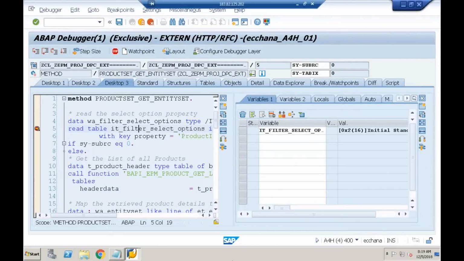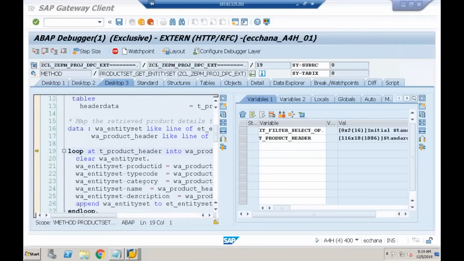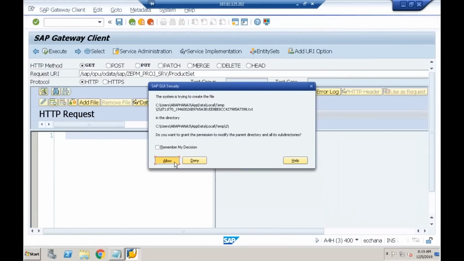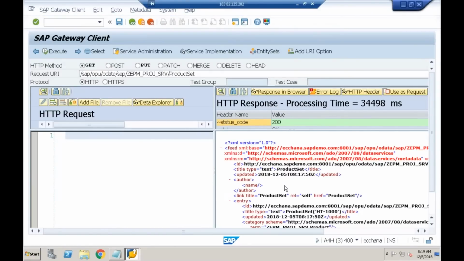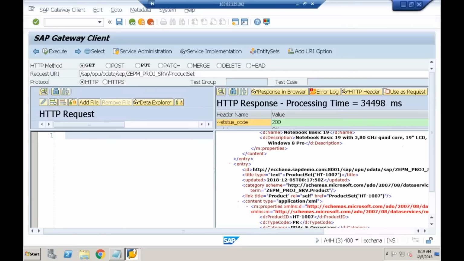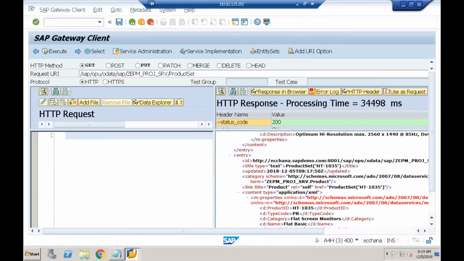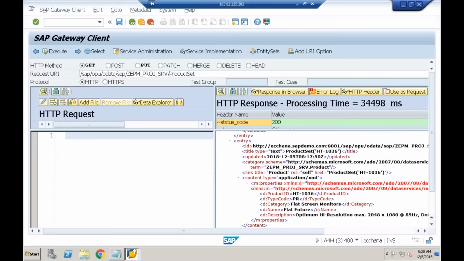So read will fail. Control goes to what is the value of sy-subrc? Read has failed, so control goes to the else part. In the else part, what we are doing is getting all the product details. So when I press F6, I got some 116 entries. Then I'm looping and returning the data. So when I execute, done. I got all the products. Okay, done. Now what I'll do is